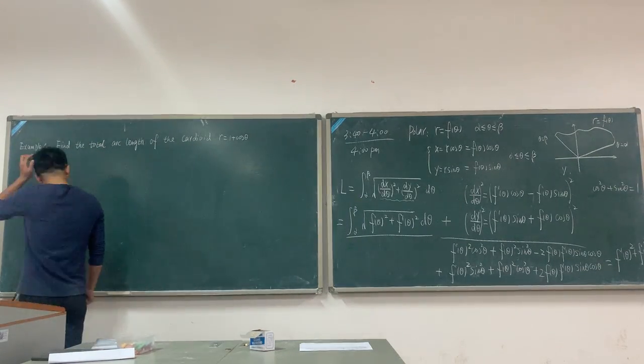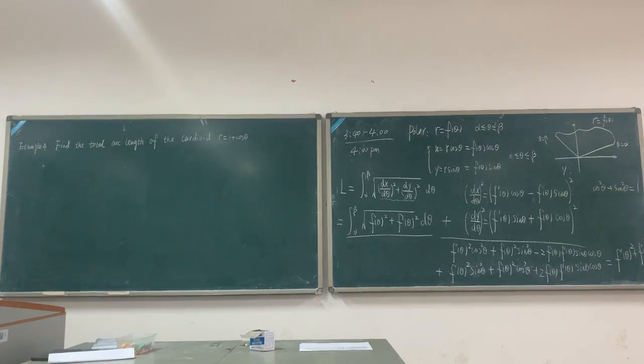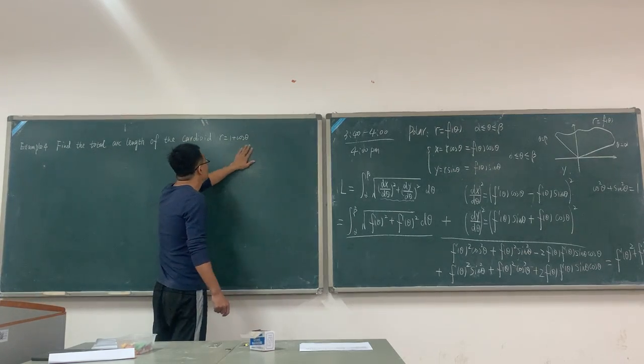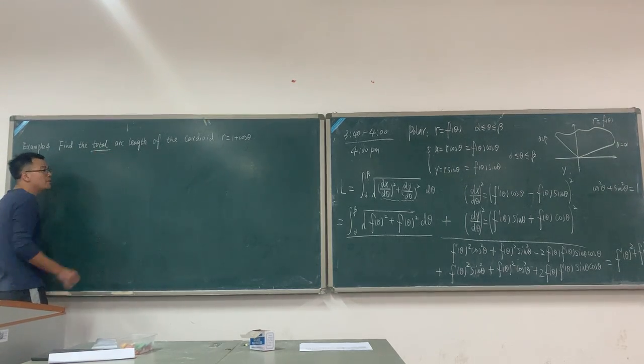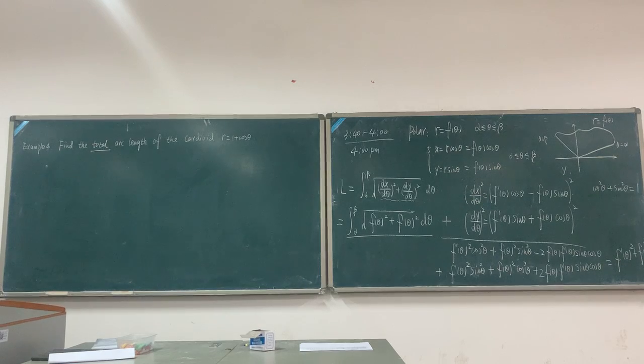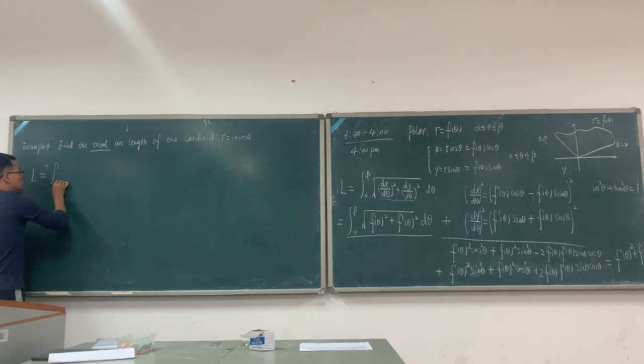So here, find the total arguments of the cardioid equal to 1 plus cosine theta, okay? Here means that we need to find the total. So the total means what? The total means from theta equal to 0 to theta equal to 2 pi. So here we use the formula: L equals the integral from 0 to 2 pi,